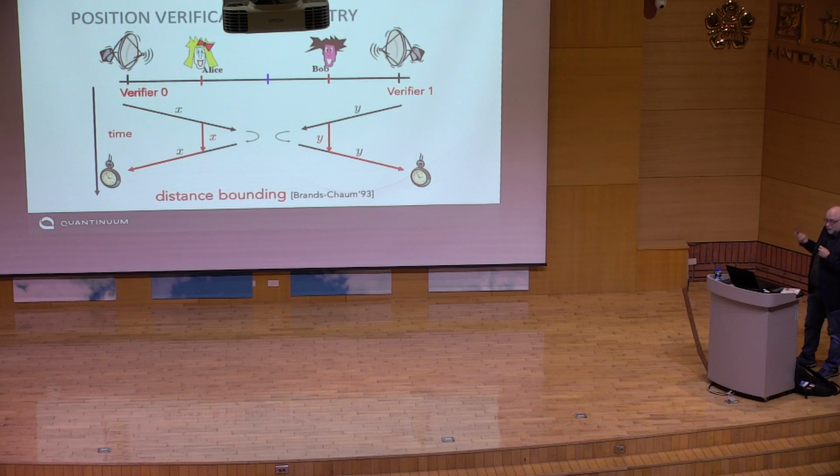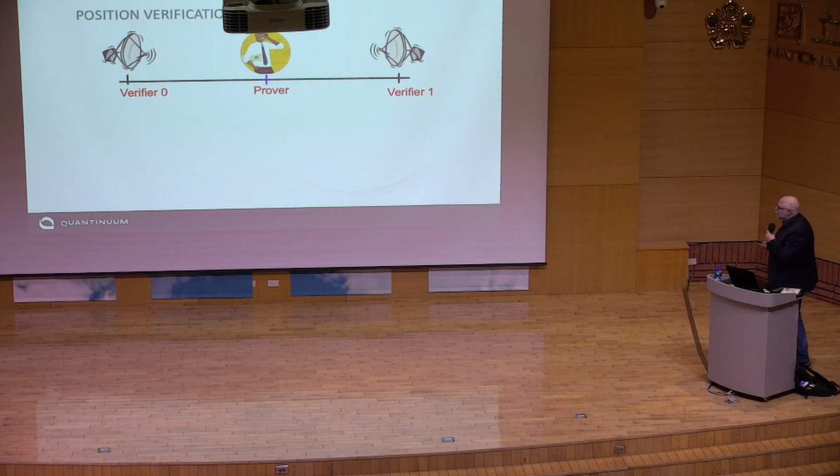And now, from the verifier's point of view, everything looks hunky-dory. There seems to be someone at the blue position, but actually there isn't, right? Because clearly Alice and Bob have faked that. So this doesn't work. So let's try to make it slightly more complicated.